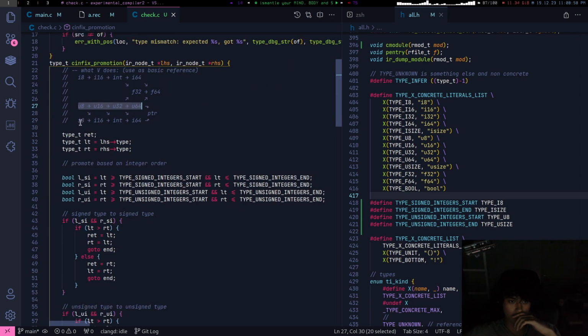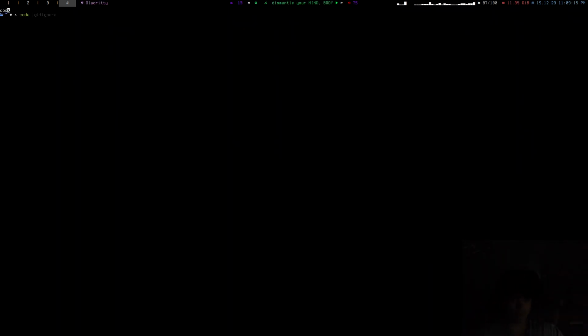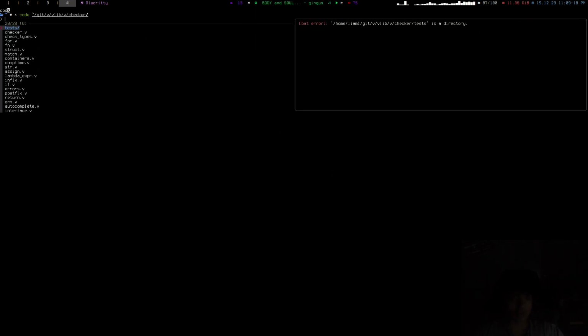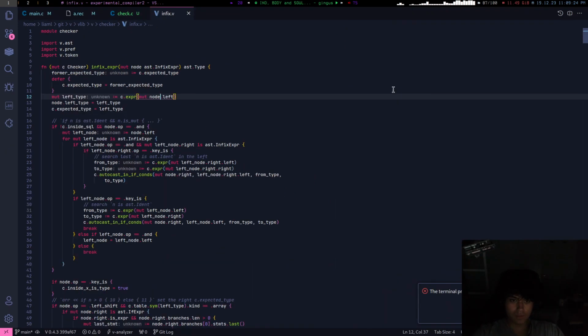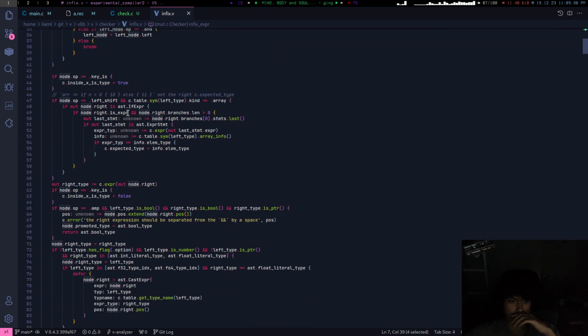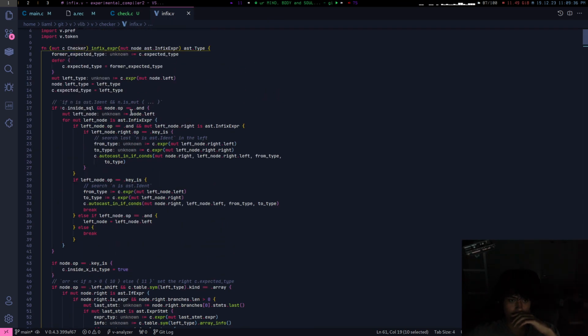Now what I want to do is promote... Maybe I should define integer promotion rules on one hand side and then flip them. You know what? Let me find out what V does. Let me do a source stat. V checker. Infix expression. Okay, this is a bunch of garbage. Ah, so it finds out the right type before the left type. No, it finds out the left type. Okay.